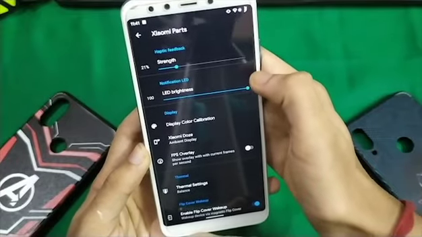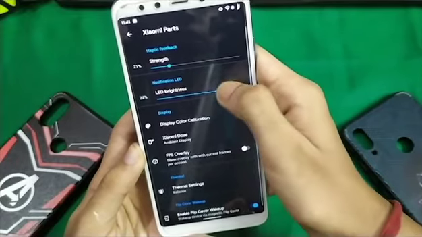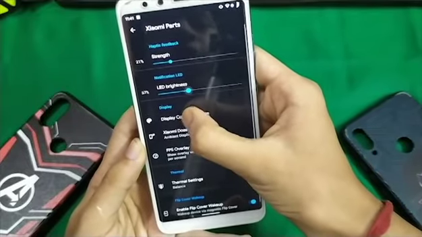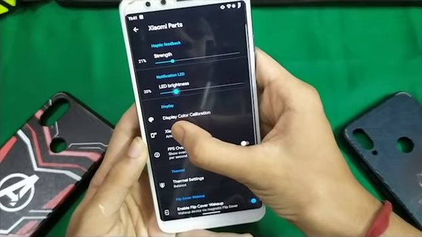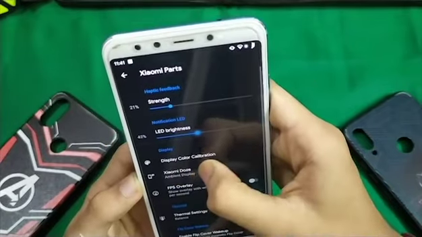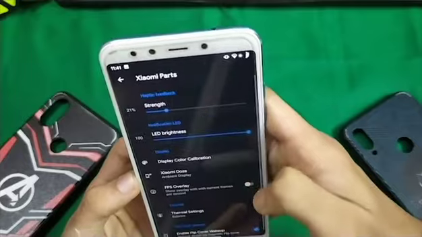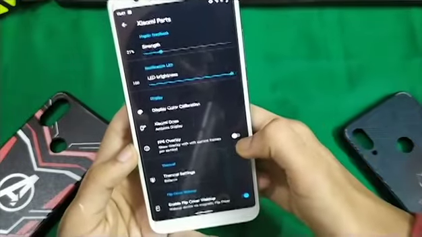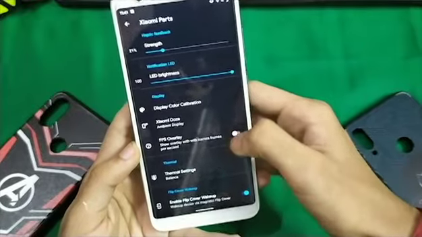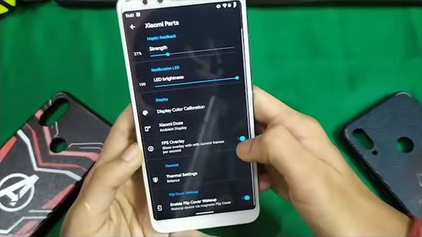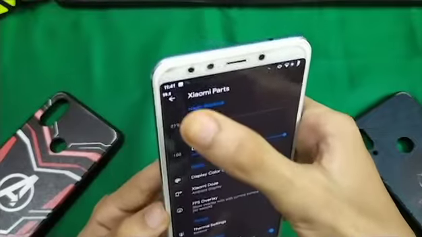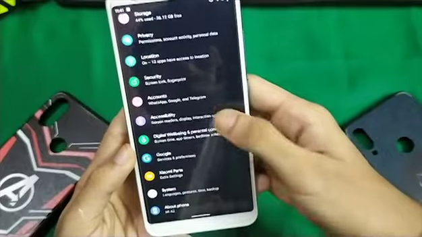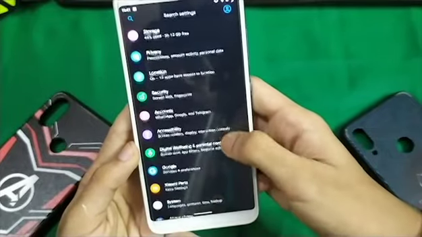This I did not find in any ROM, because these LEDs will be a bright light when you are sleeping, but at the same time when you are able to customize this, it's a very cool feature. As you can see, the LED gets dimmed and bright according to the situation. You have ambient display. You can also show FPS overlay. As you can see, the FPS is at the top left corner. You can choose the thermal settings, etc.